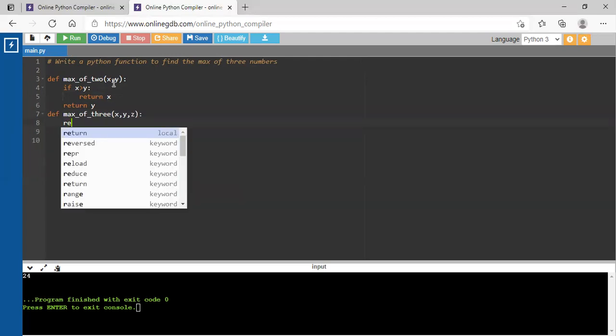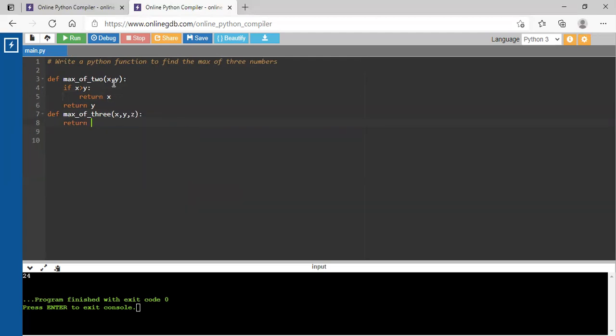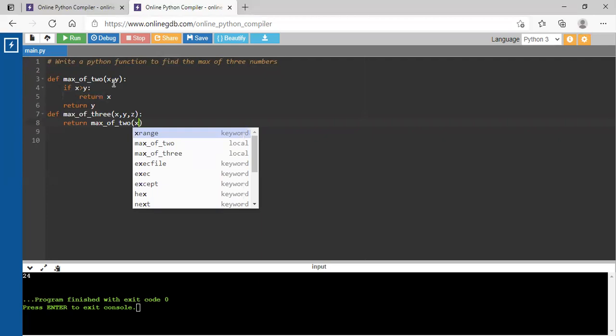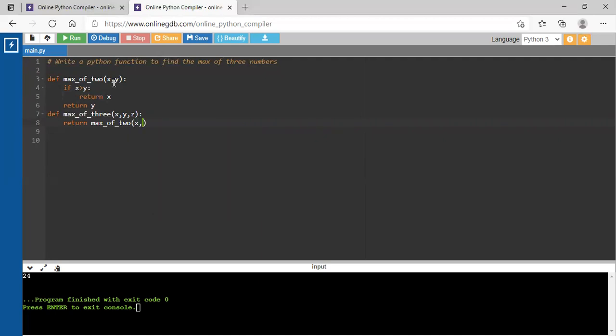So what you have to return is max of 2, because we have already checked the maximum of two numbers. So now we are just checking x comma max of 2, and in it I put y comma z.